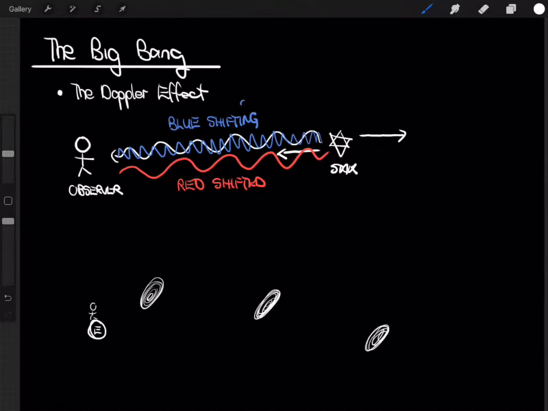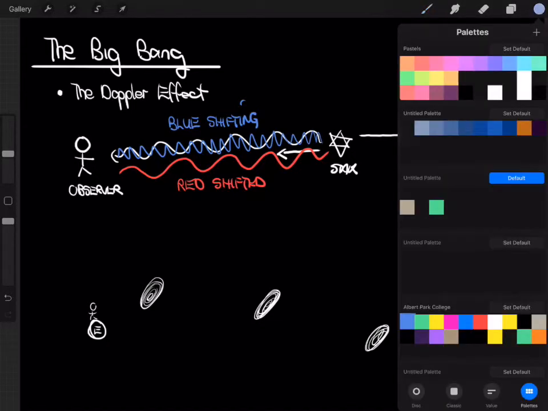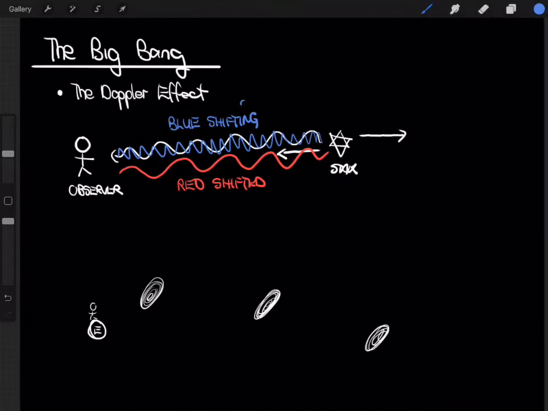What Hubble observed, firstly, was that the ones that were really close to Earth, like Andromeda and the Magellanic Clouds, are actually moving towards us. So they're blue shifted. Because they're actually affected by gravity. They're attracted to our galaxy. Remember, we're living in a galaxy as well. So these galaxies are attracted to our galaxy due to gravity because they're so close. And so they're moving towards us.